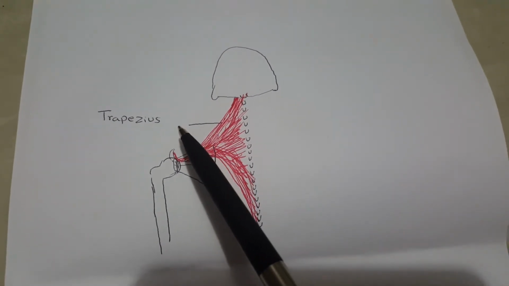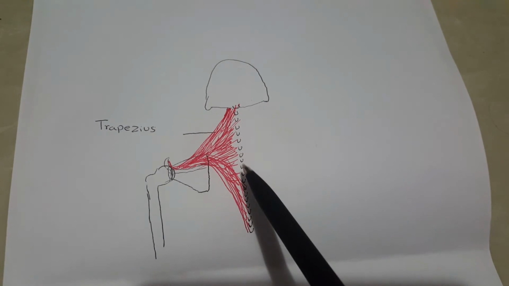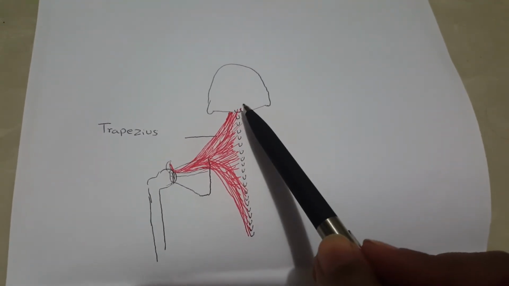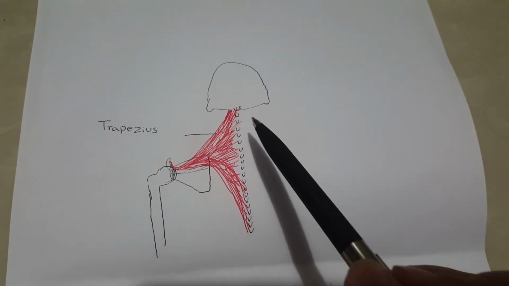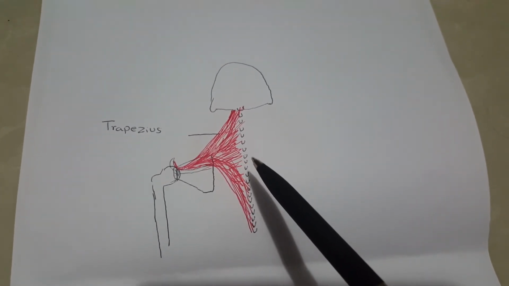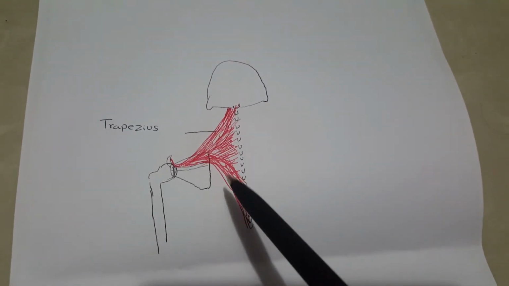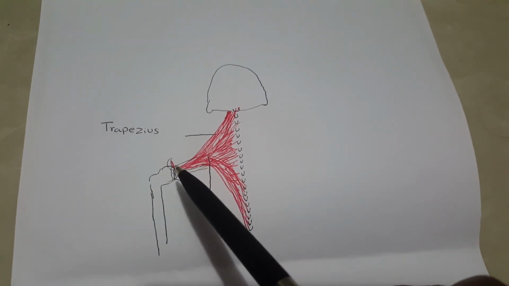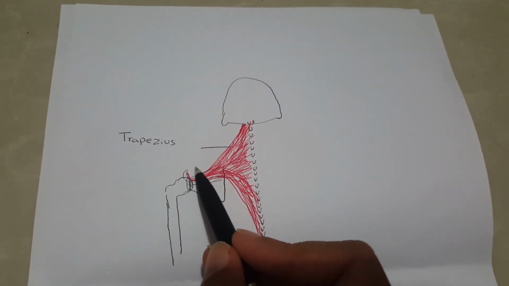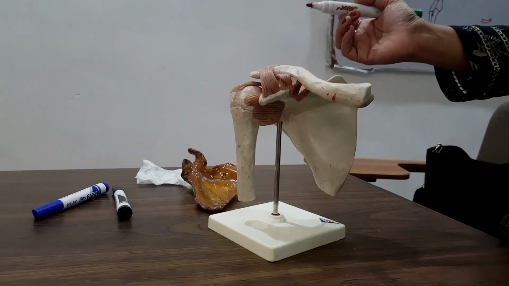Posterior border of lateral 1/3 part of the shaft of clavicle also gives insertion to trapezius muscle. Trapezius muscle originates from the external occipital protuberance, ligamentum nuchae, C7 spinous process, T1 to T12 spinous process and this muscle is finally inserted on the spine of scapula, acromion process of scapula as well as lateral 1/3 part of the shaft of clavicle, posterior border, of scapula.